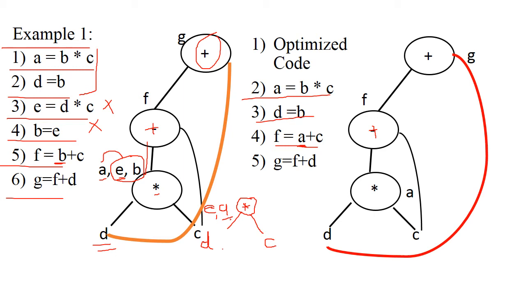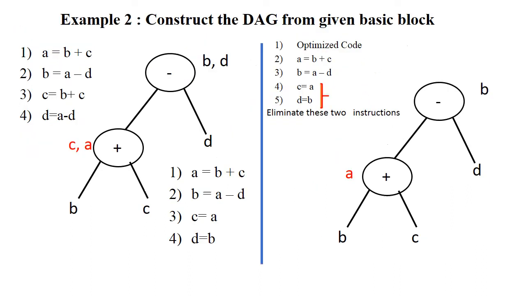So in this way, once we have optimized the code, then again we have to construct the DAG for this one. Okay. Now in the second example, same thing is basically explained. This is the particular given code, and for this particular code, this particular DAG is basically given. See, A is equal to B plus C, so this node is added here, A. Then B is equal to A minus D, this node is added. Okay, from this one, A value is taken from here and D1.